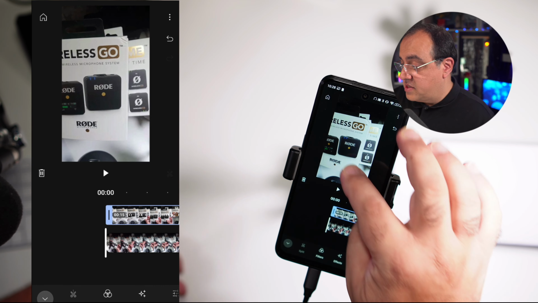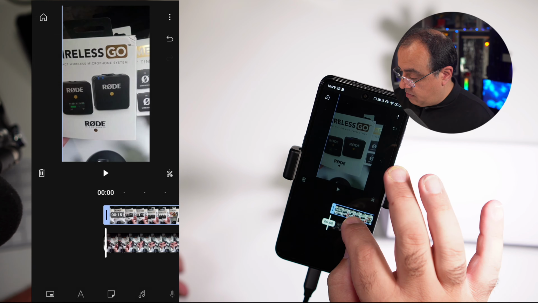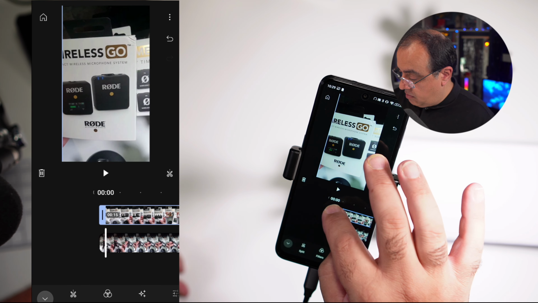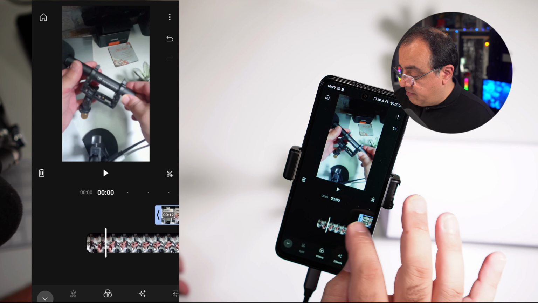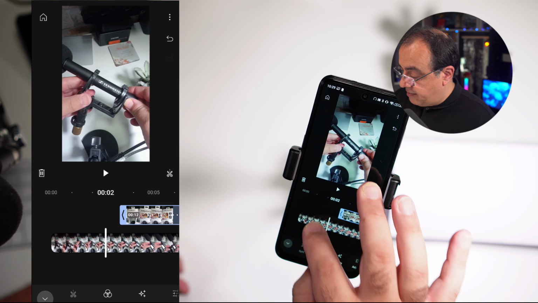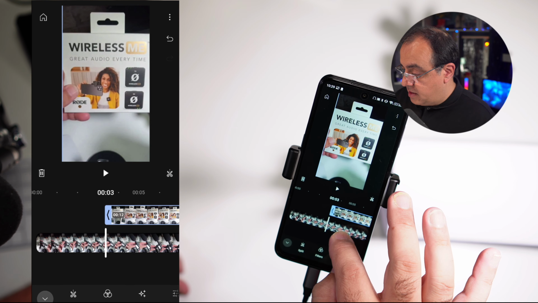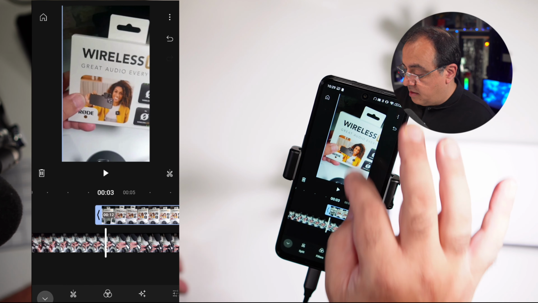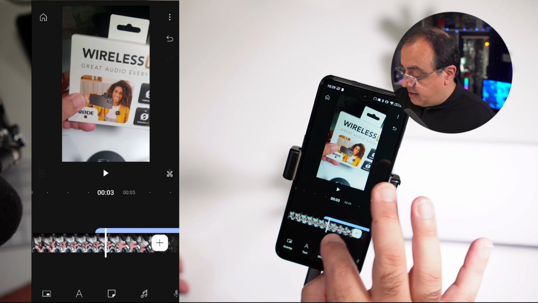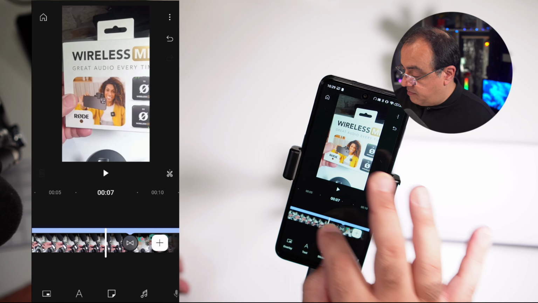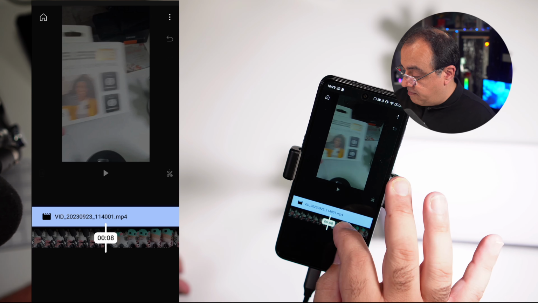Pinch and zoom, and obviously zoom beyond it as well. So if I wanted that on top, there we are. We have the microphone that will play, and then at this moment in time, the wireless microphone will come in. I'm actually slightly, oh no, that's okay. It's just showing me that. I thought it was off. That will play. At the moment, you'll see it actually covers that. If I don't want it to go that far,